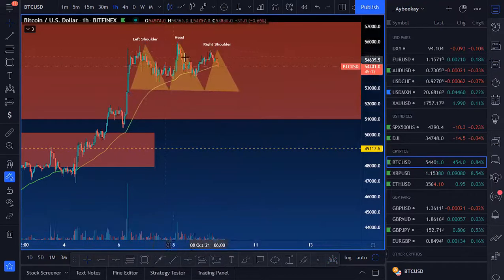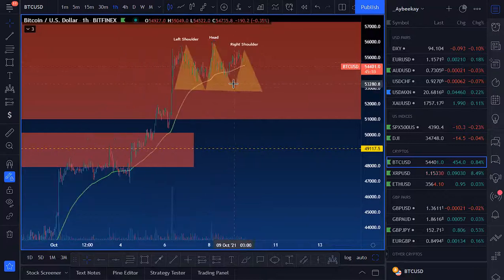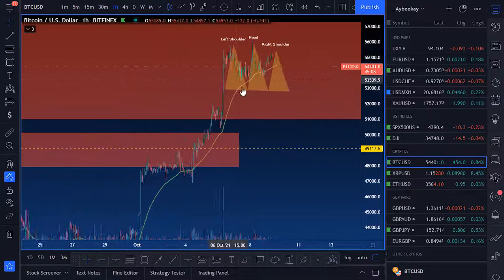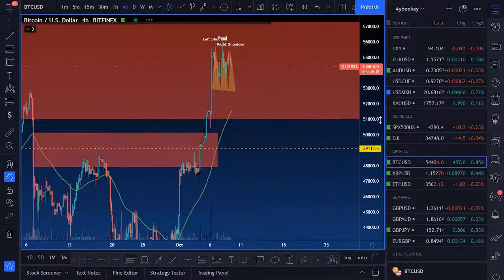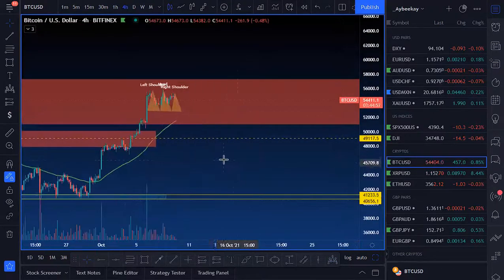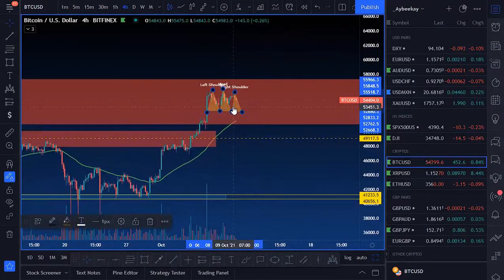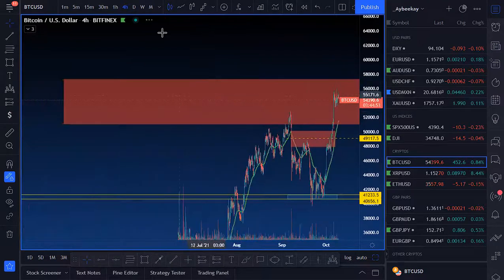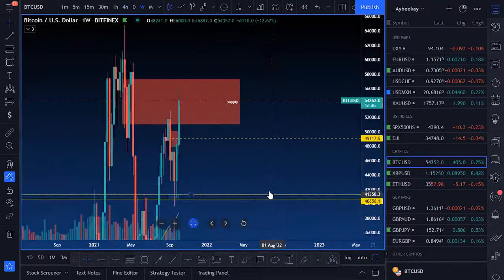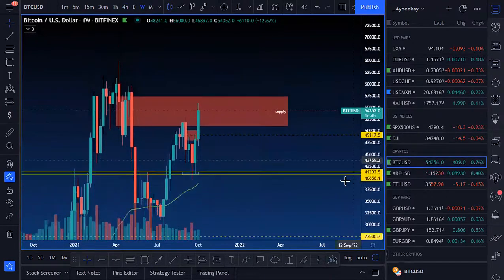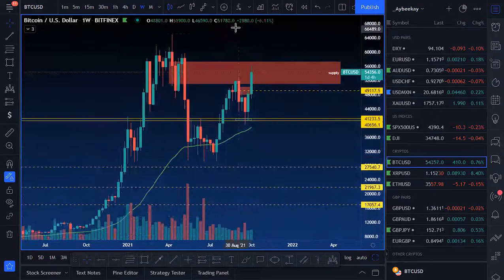You see what I mean? It looks like a head and shoulders pattern. And so if this head and shoulders plays out, and it's out of the supply zone, those are not good looks for me to say that, oh, this is gonna keep going bullish. So again, I'm waiting. I'm not really trying to get into any holdings. Like, I'm not trying to buy any cryptocurrency for long-term holdings, because personally speaking, this is just my opinion.